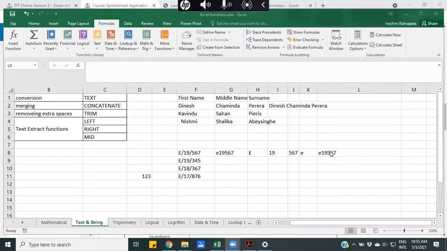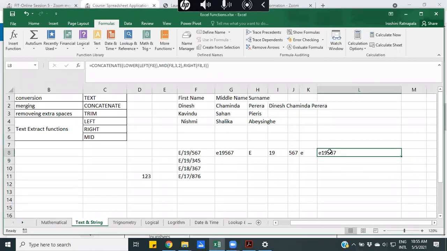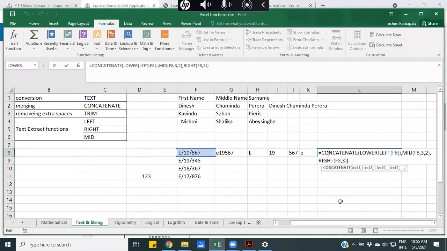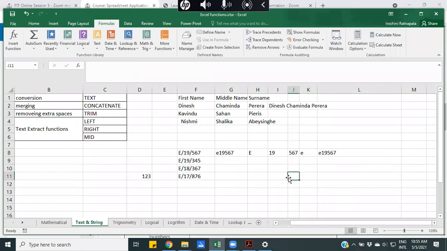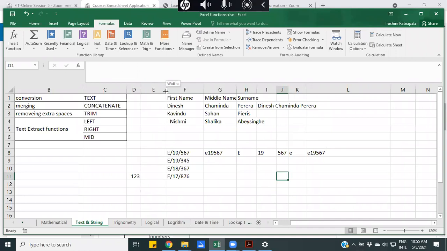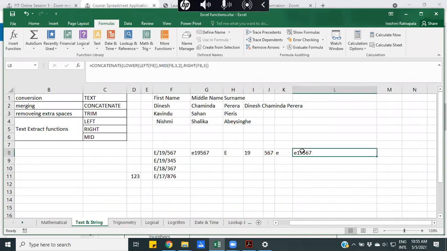Is it clear, or do you want me to explain it again? Because it's a little bit complex thing, nested function. You can use several functions together in one cell rather than placing the values in different cells. So that's a best practice in Excel, and you have to use this concept in programming also, right?